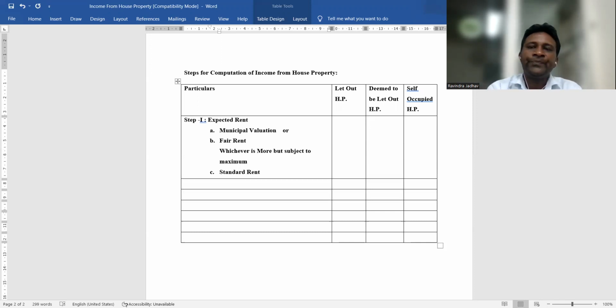Okay, so while calculating expected rent, three figures are available, that is first is municipal valuation, B fair rent,